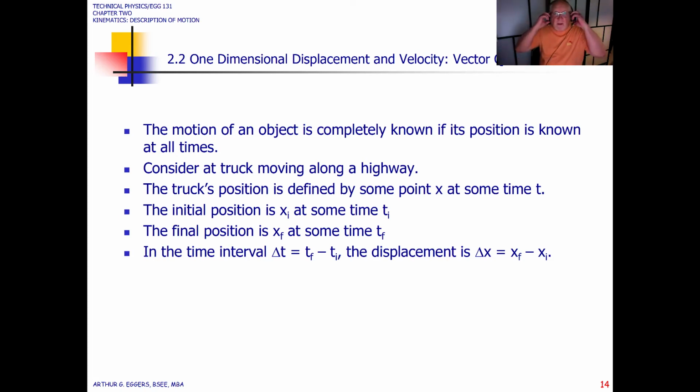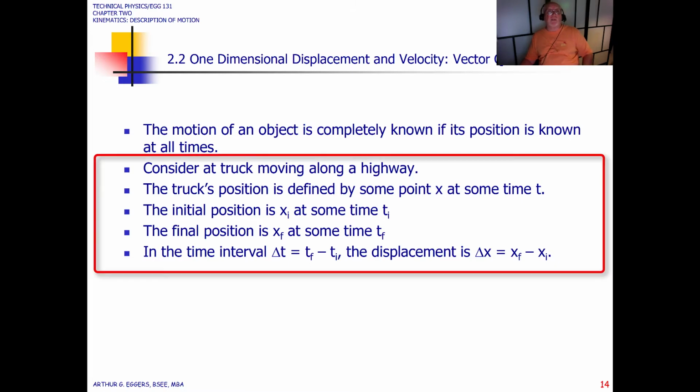Okay, so now we continue with one-dimensional displacement, velocity, vector quantities. The motion of an object is completely known if its position is known at all times. So if we know where on the XY axis the object is, we can know exactly what its position is. If we consider a truck moving along a highway, the truck's position is defined at some point X